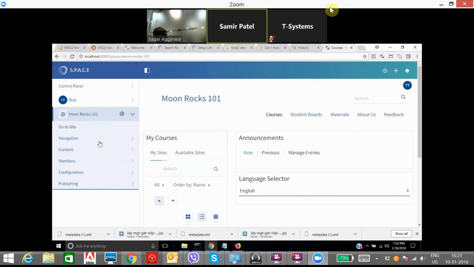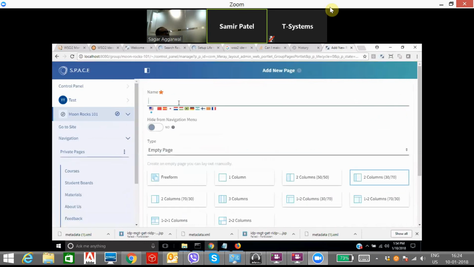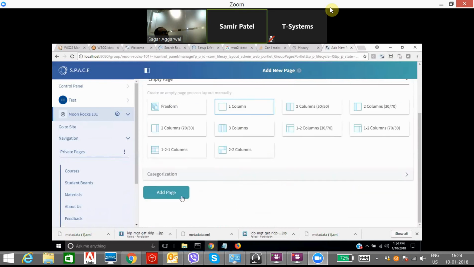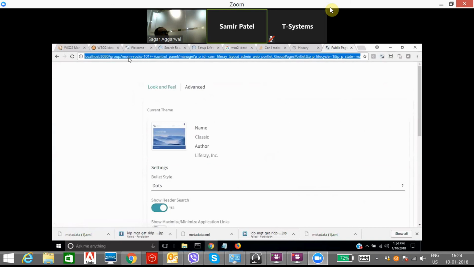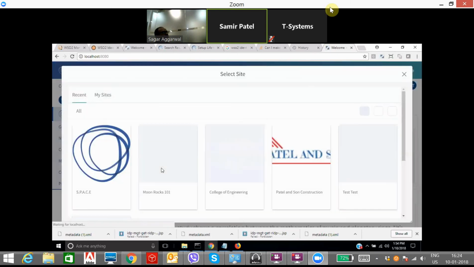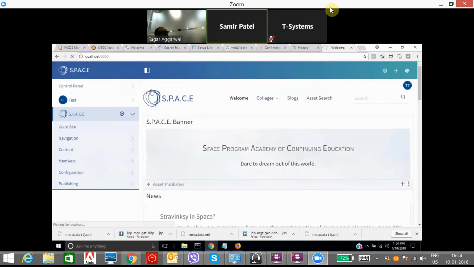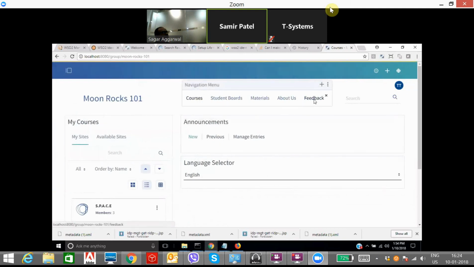And then once you create the sites, you have got options like navigations, wherein I can on the fly start adding pages. Maybe I can click on add page, and I may say news feed, one column, add, and the moment I add a one column page, oh, sorry, feedback. So you can see that when I click on feedback,